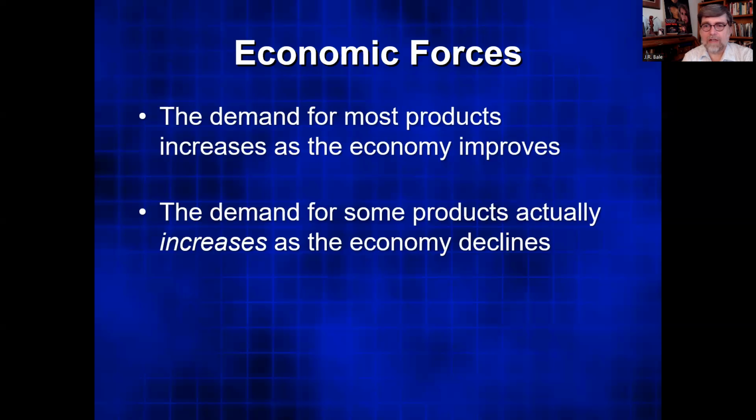First category would be things like low-cost substitutes. Instead of buying the steak, I'll buy the hamburger, or instead of buying the hamburger, I'll buy the hot dog, or something like that. We cut back. In fact, during the 2007 to 2009 recession, McDonald's did very well, and actually it was on their high-end items too. Mainly because instead of people going out for lunch at places like TGI Fridays, they went to McDonald's, but they had the high-end stuff. Their entire menu did well, but so low-cost substitutes do well as the economy declines.